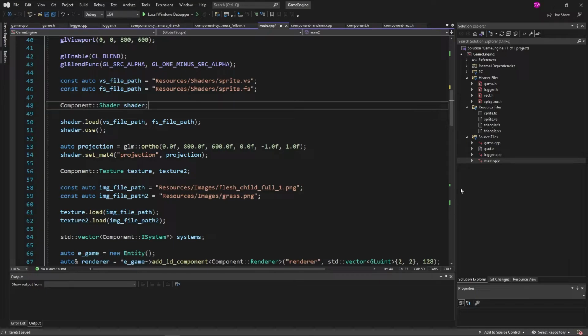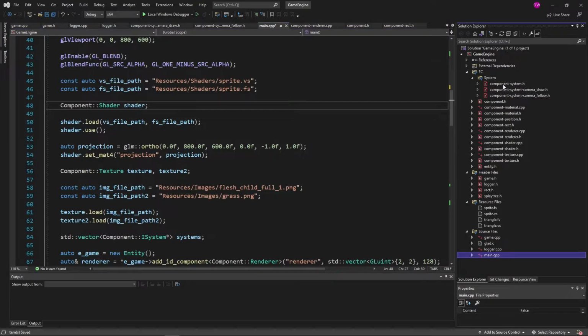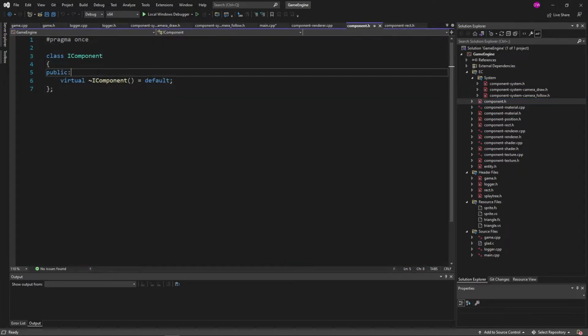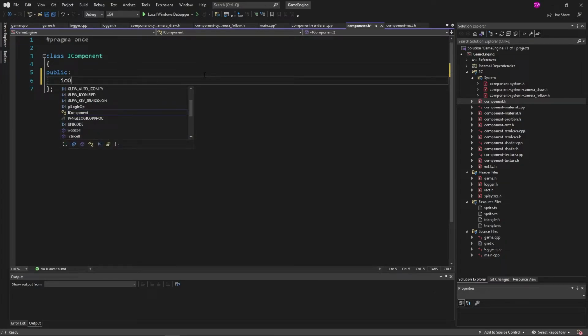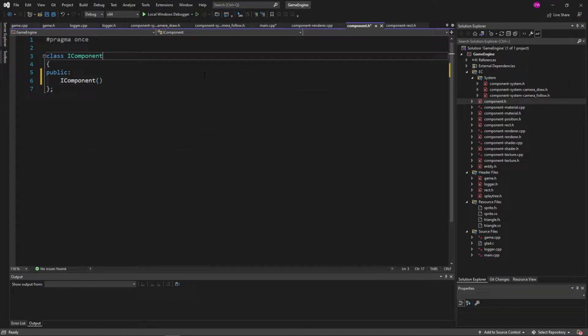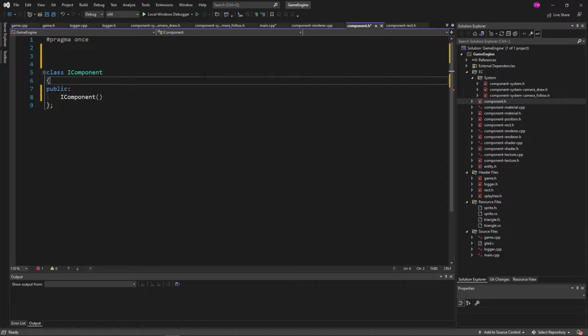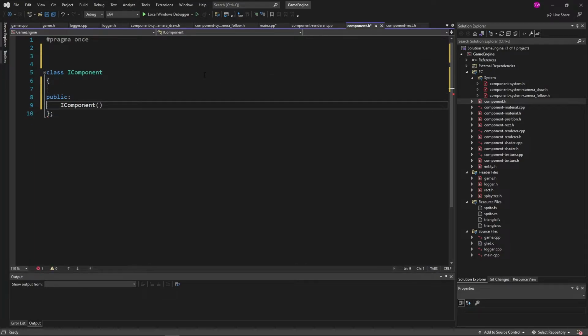I guess one thing we could do is some reference counting. So let's go ahead and do that for our components. We now delete this. Whenever we create a component, we'll have a public static variable, component count,